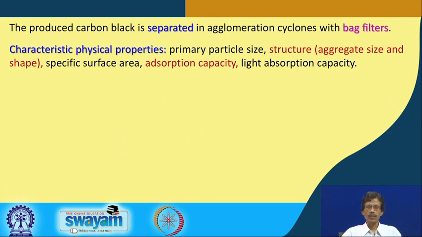How these structures are different from the other can be seen by knowing their aggregate size, because in some cases these particles are in the aggregated form. They are not well separated and we cannot get the individual, very small particles. So the aggregate size is also important, because most of them are regularly aggregated, and also the shape. Both the size and shape of the aggregate are important when we talk in terms of the corresponding structure of the carbon black.